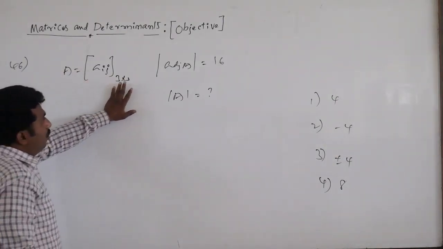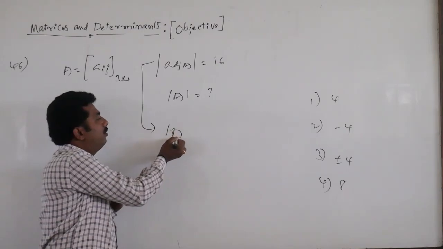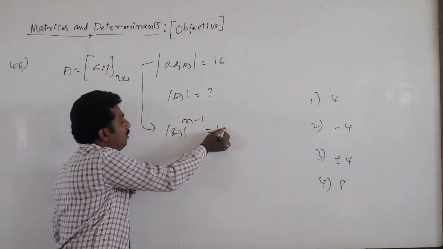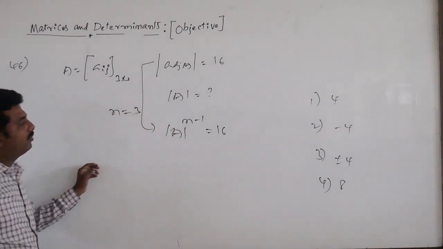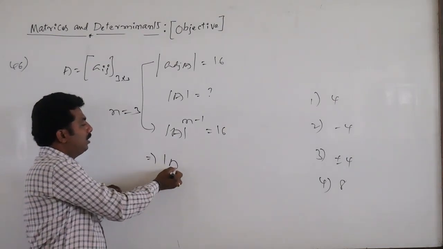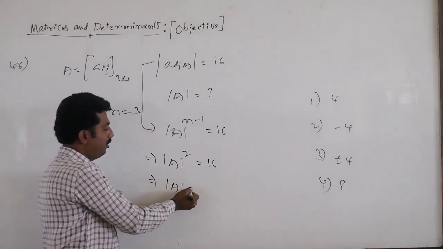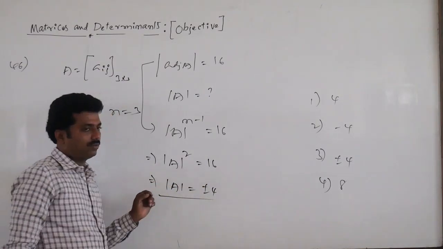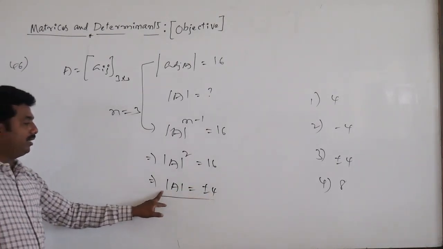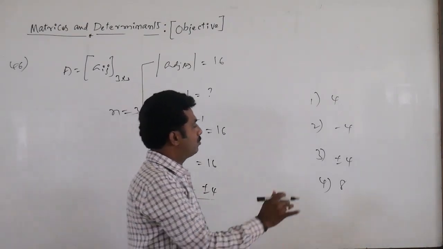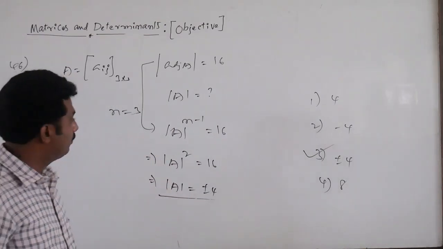Very clear. What is the formula for the determinant of adjoint of A? It is (det A) to the power n minus 1, equal to 16. Here n is 3. So from this, (det A) to the power 3 minus 1, that is whole square, equals 16. So the determinant of A equals plus or minus 4. Some people say this is a modulus so we take only plus, but this is a determinant, which may be negative or positive, so we have to consider both. Next question.